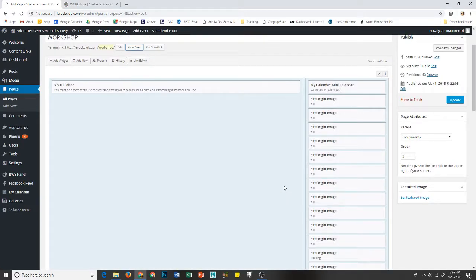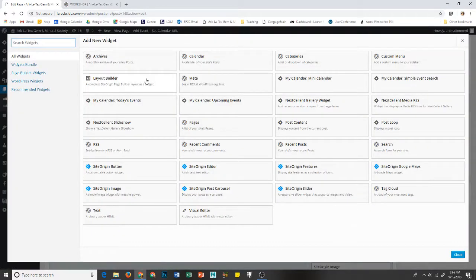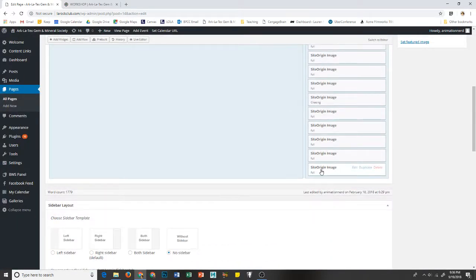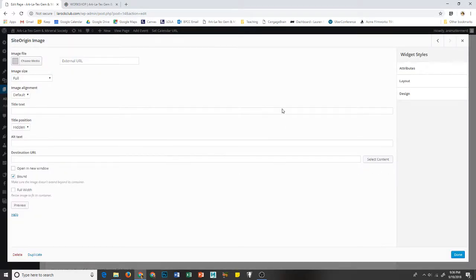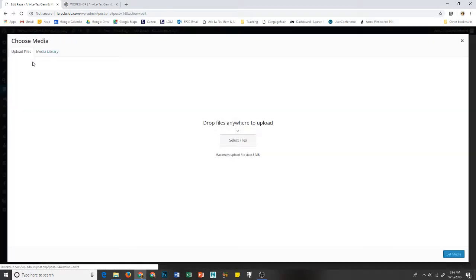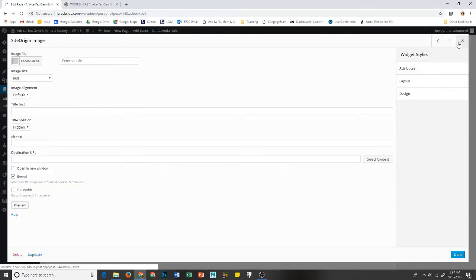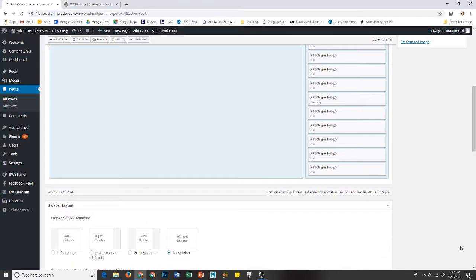We are going to add a widget, and you can add a SiteOrigin image and edit it, and pretty much just choose media, drag and drop a file in, set the media, and done,